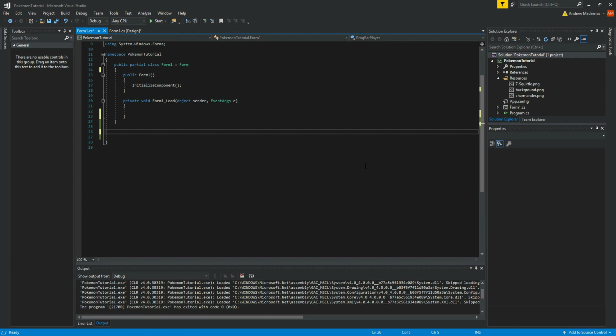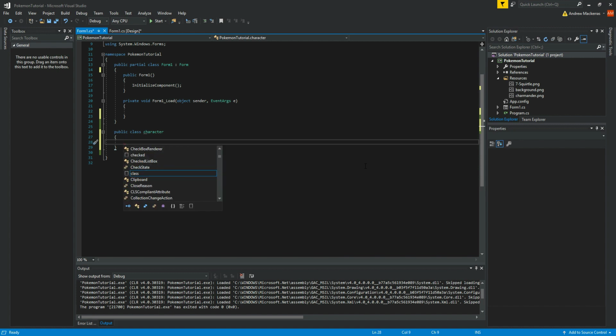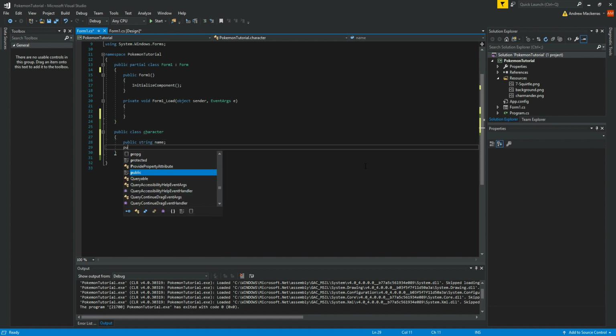Okay, so what we're going to do now is create the class that we're going to store all of our characters' details in. So for that reason, we're going to make it a public class called character. Now we need to decide on what variables we're going to include. I'm going to go with a very simplistic version of this. I'm going to have a public string called name. I'm going to have a public string,